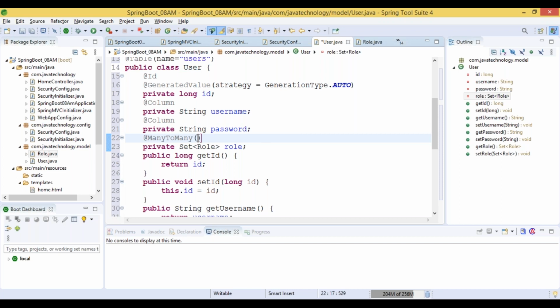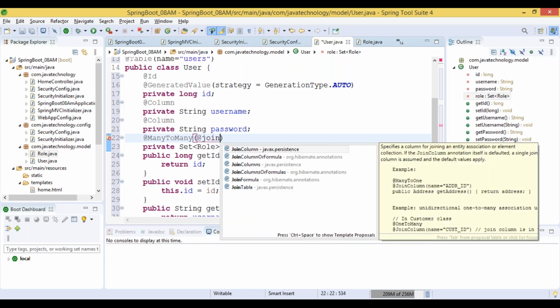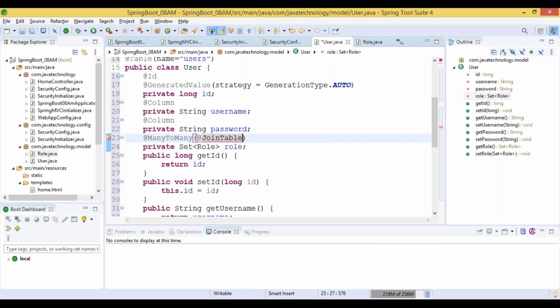Okay, so let's write. First, we need to provide the table name here, because we need to create an extra table to store the user ID as well as the role ID, because based on the user ID and role ID, we can know which user has which role. So whenever we are working on many-to-many, first we need to create one table called a join table, and to the join table we need to provide the name.